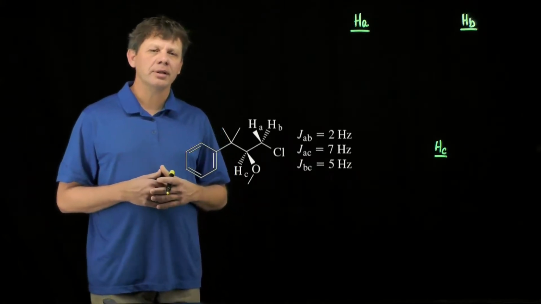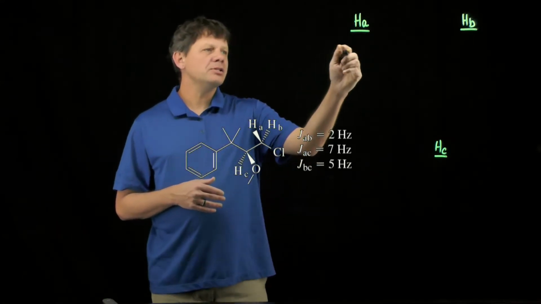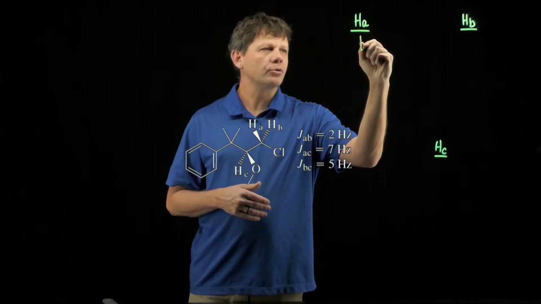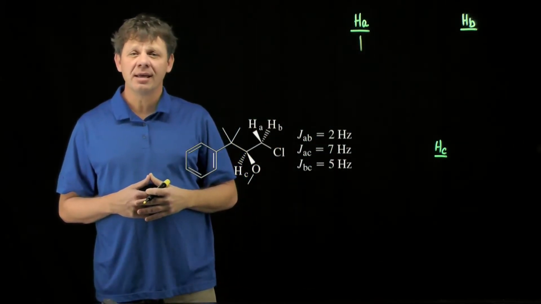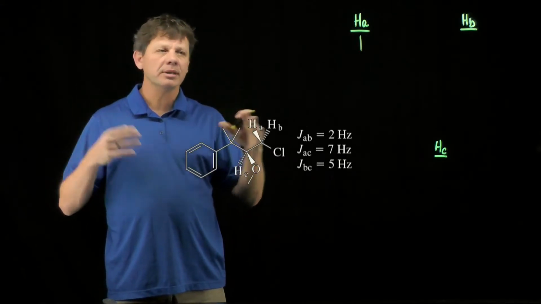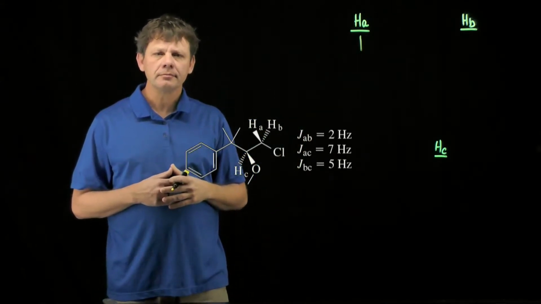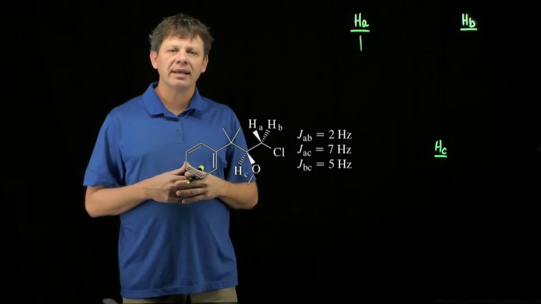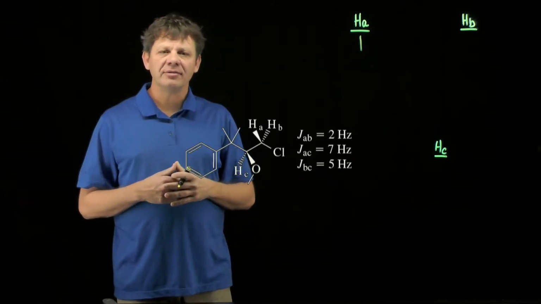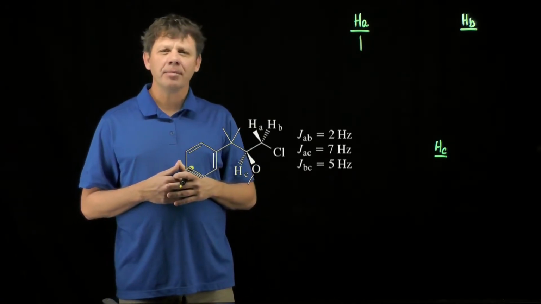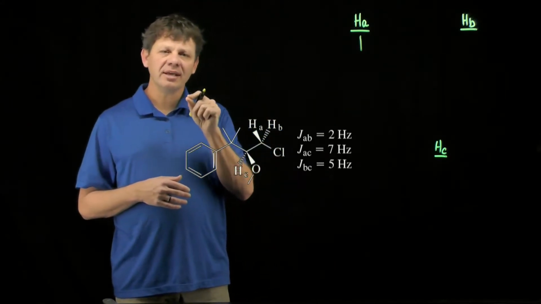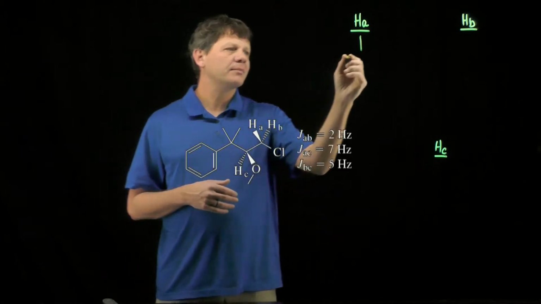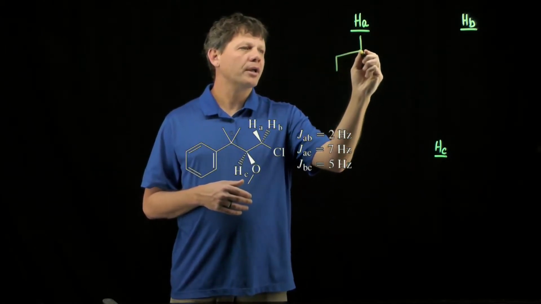Well, let's start by doing this with HA. Now, HA, let's just imagine, we can do a splitting tree. We're going to imagine a signal that shows up at that position. If HA had 0 neighbors, it would be a singlet. It actually is going to have HC as a neighbor, and the AC coupling constant is going to be about 7 Hertz. With HC as a neighbor, HC is going to make HA into a doublet where the coupling constant